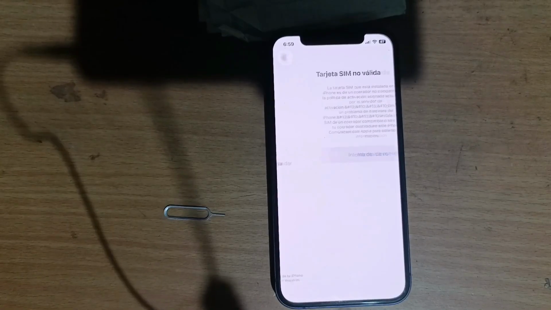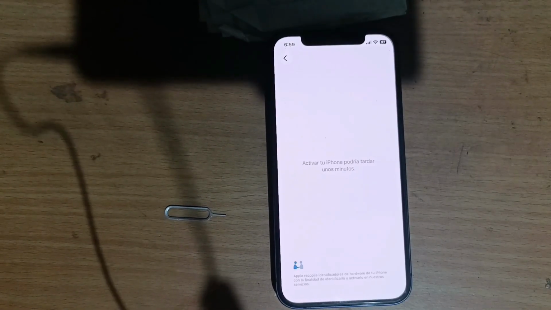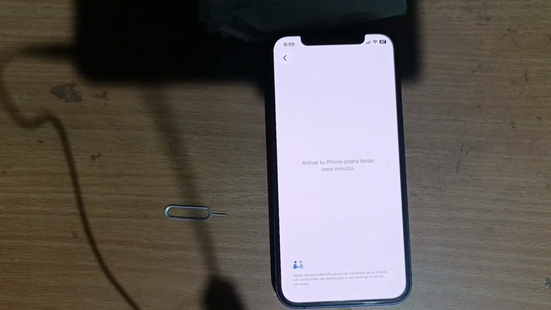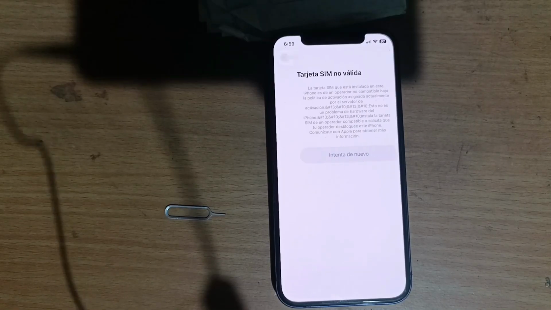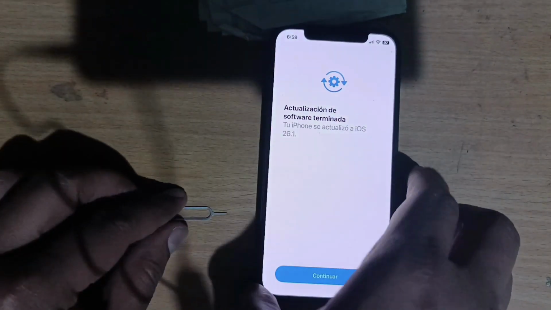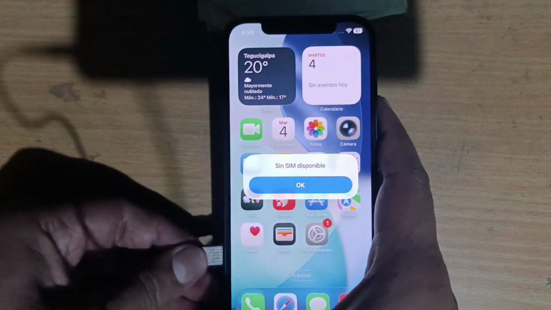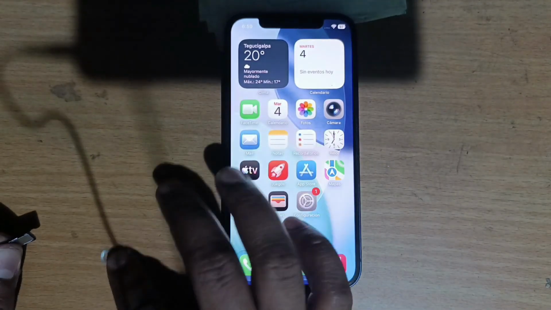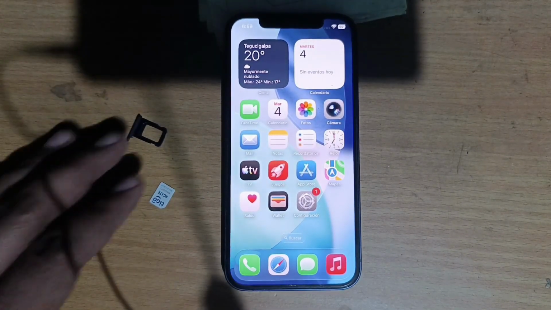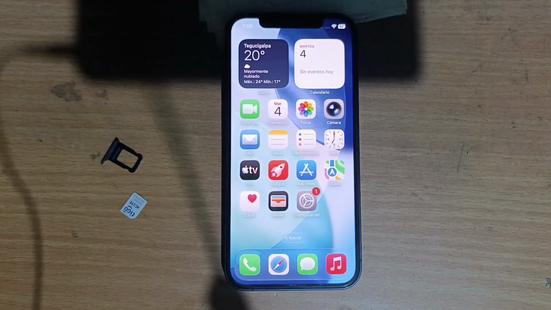I can't use it with another company, and for that, we are going to use the QPE method to unlock it, right? So, as you saw, indeed, the device is completely locked, right? So, we are going to place this here and proceed to take the steps to install